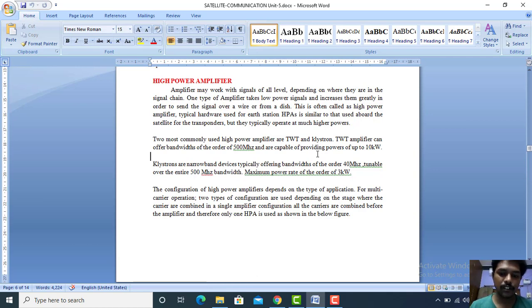Okay, so these high power amplifiers are designed in two ways. One is called the single stage high power amplifier. The second one is called the multi-stage high power amplifier. These amplifiers are shown below in a diagram. We are going to see those and give a clear explanation of the single stage power amplifiers and multi-stage power amplifiers.